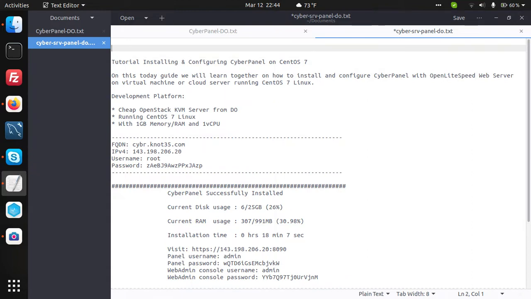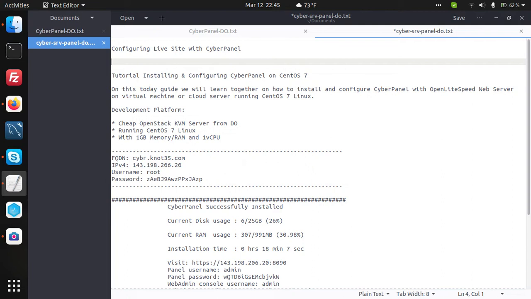Today I will get you on configuring a set with Cyber Panel. Previously I have deployed Cyber Panel on CentOS 7 Linux, but